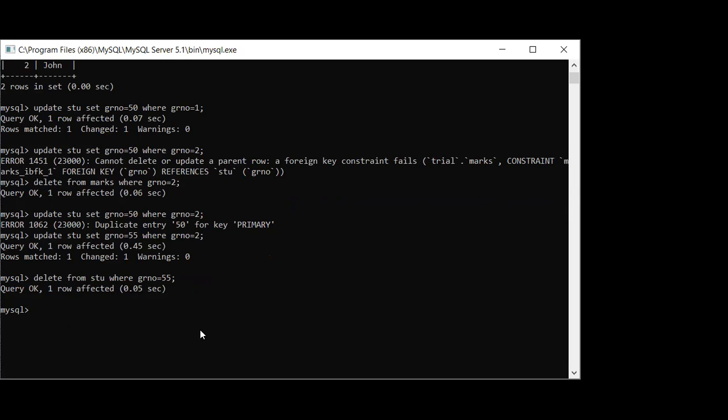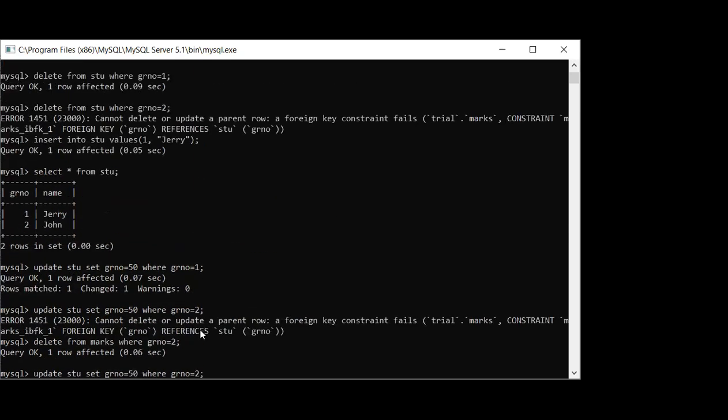And as your question was whether it will automatically update or automatically delete, if this is your requirement, then at the time of creating the table, we can add one line: on delete cascade or on update cascade. Cascading means if you want it at the time of deletion or at the time of updation, it will reflect automatically. If you use that, then only it will work. Otherwise, the automatic one will not work until you do it manually.